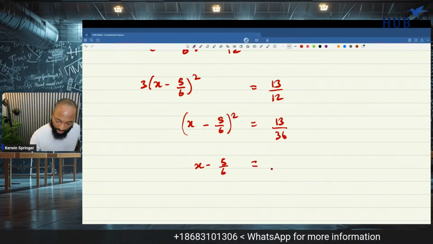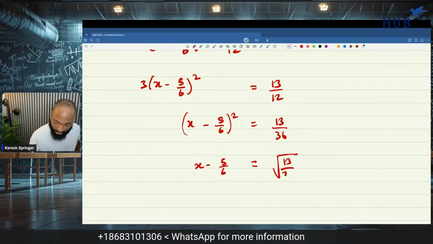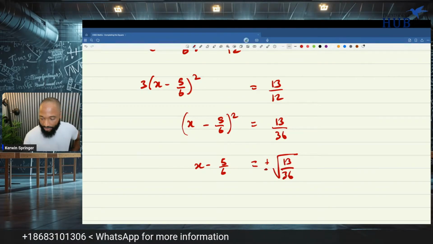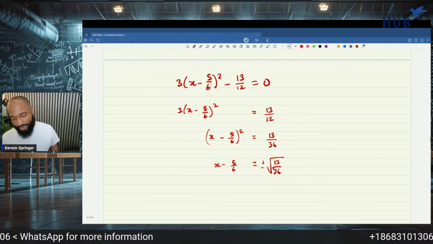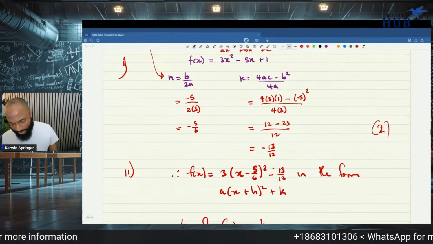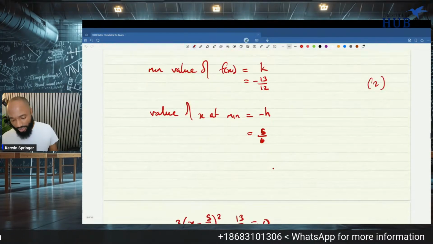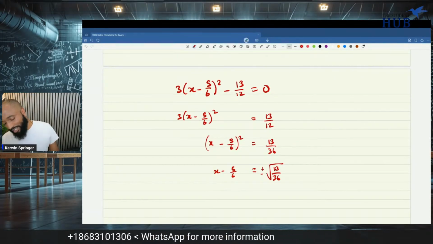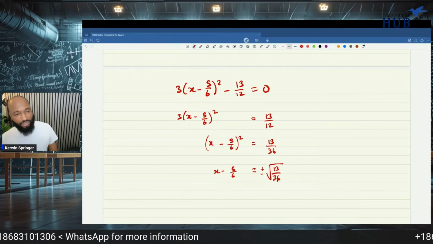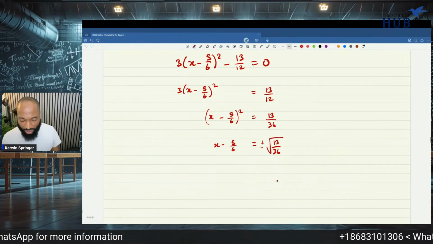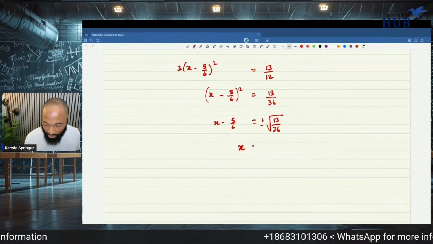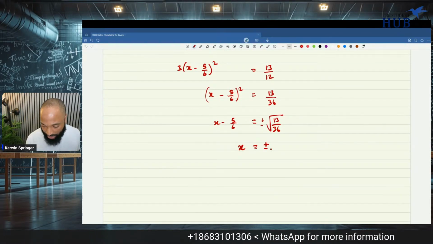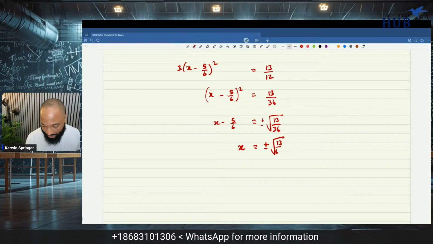So it's equal to the square root of 13 over 36, and we want plus or minus. Was it really 13 over 36 or minus? It's awkward that they would put one that could get the square root and another one that can't. This can be simplified by saying I can put root 13 over 6 and do some stuff like that. But I'm not going to bother. I'm just going to wait for my calculator in the end. So x is equal to plus or minus the square root of 13 over 36